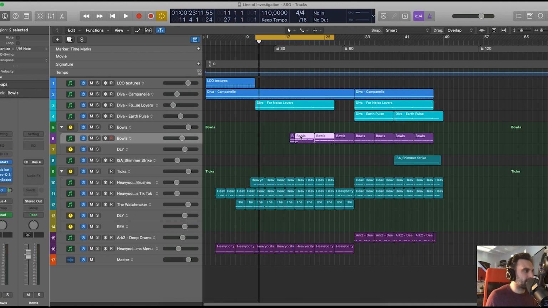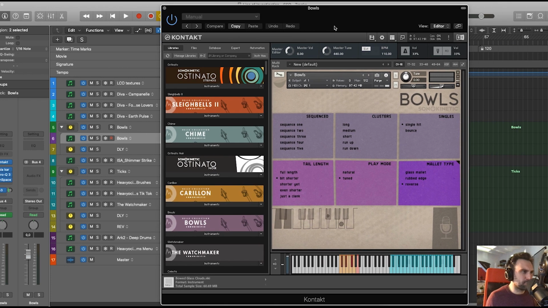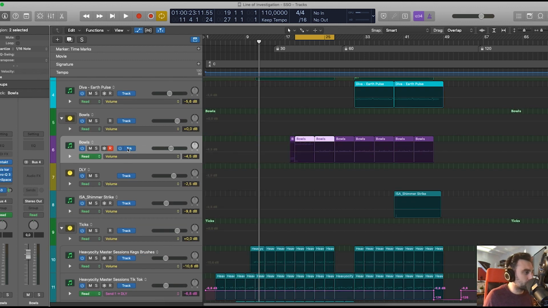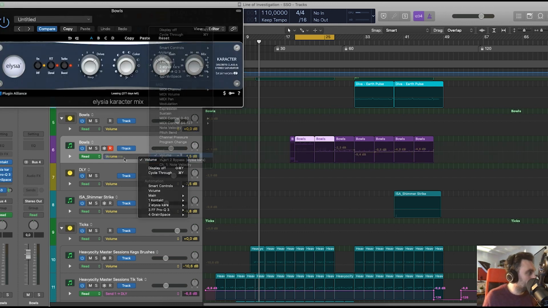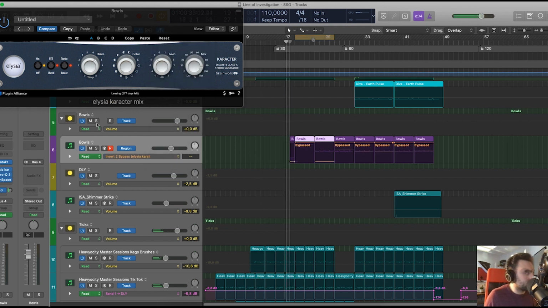So next element would be bowls. I used the Sonokinetic one for this one. Bowls, like the sort of mixing bowls kind of sound, became such an important part of tension underscoring. It's definitely overused, so I wanted to process them to make them sound a little bit more original, to give it an extra flavor. To do this, I automated the distortion. I used the Elysia Karacter for this one, another great plugin, and I think I simply bypassed it. Yes, I bypassed it in some instances. So I reversed the first hit,